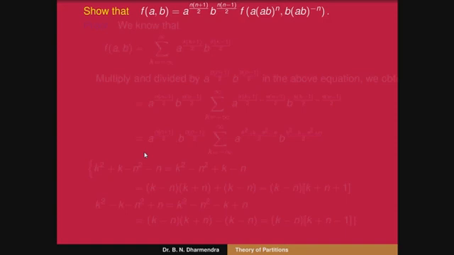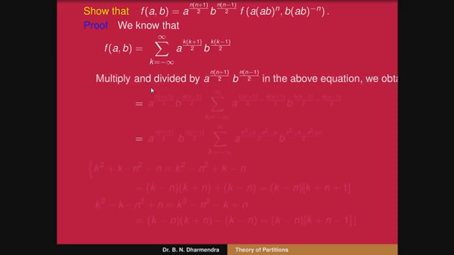By using equation 1, we know that f(a, b) is equal to the sum for k running from minus infinity to plus infinity of a^(k(k+1)/2) b^(k(k-1)/2). Because here n is there, that's why we take the infinite series with k running, not n, because we have to show it in terms of n. So that's why instead of n we take k running from minus infinity to plus infinity of a^(k(k+1)/2) b^(k(k-1)/2). Here we have to multiply and divide by the terms